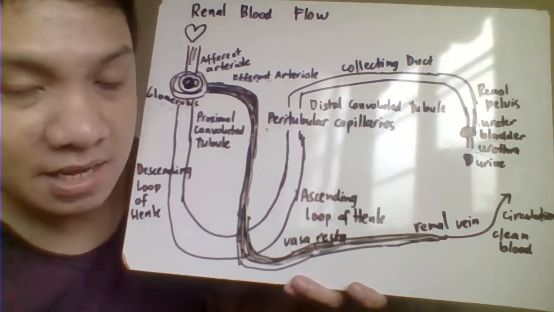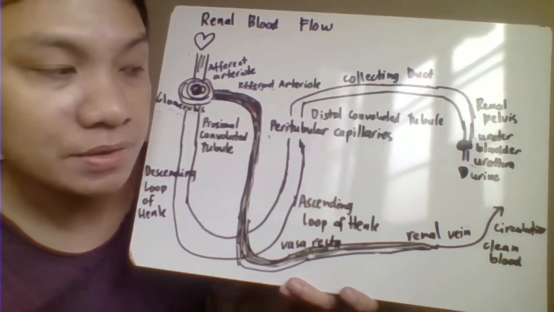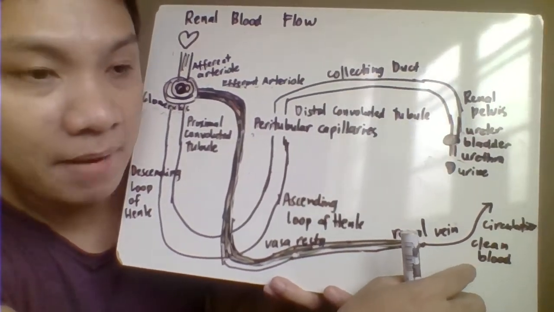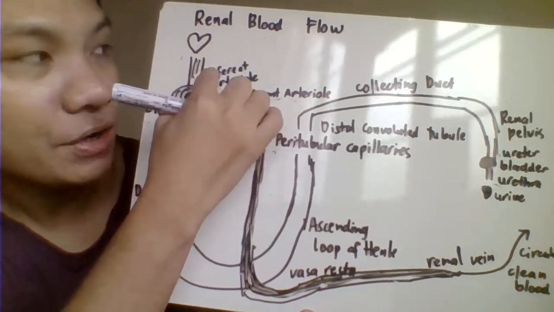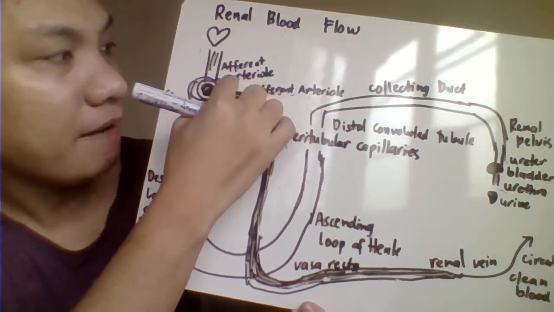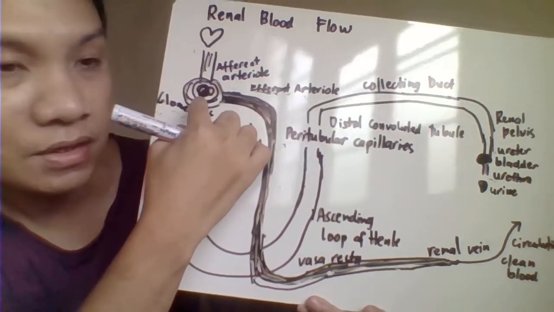And we are expecting that the blood that is being returned back to your blood circulation, we consider that one as already a clean blood. Okay, ulit. Okay, your blood enter your kidney by passing through your afferent arteriole, then pupunta dito sa glomerulus, magkakaroon